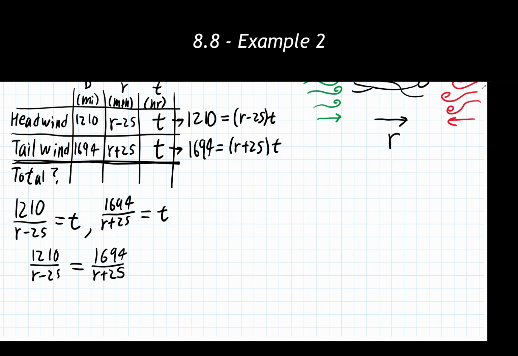We can check up at our table and see, does that make sense with what we have written up here? Yes, that does. Does it make sense with the picture that we drew over here? Yes, that does. So, therefore, we have our final answer, and we are good to go.